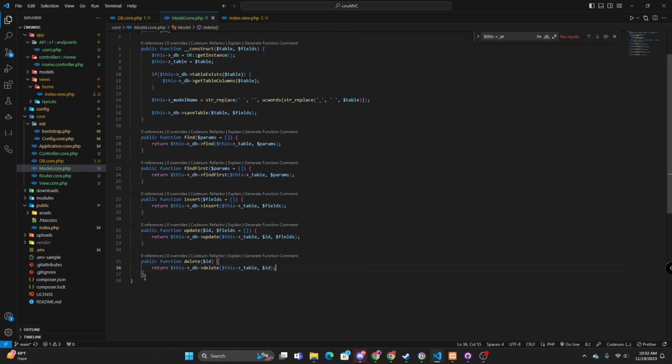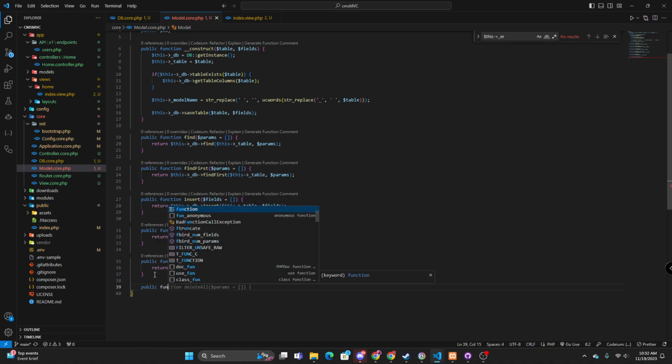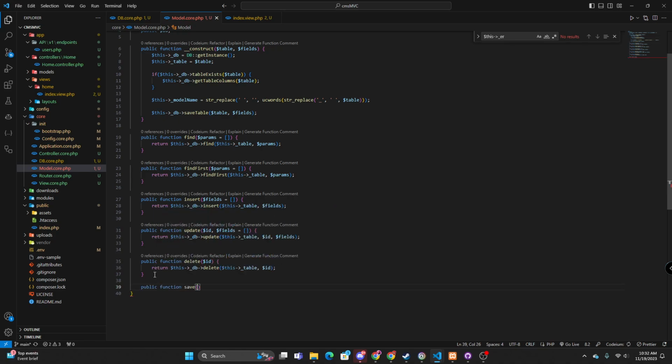Okay, now I want to create a save method, which will know if we're going to be updating or inserting. So public function save. And in the save function, we're actually not going to take any parameters. So what we're going to do is say for each $this->_columnNames as column,